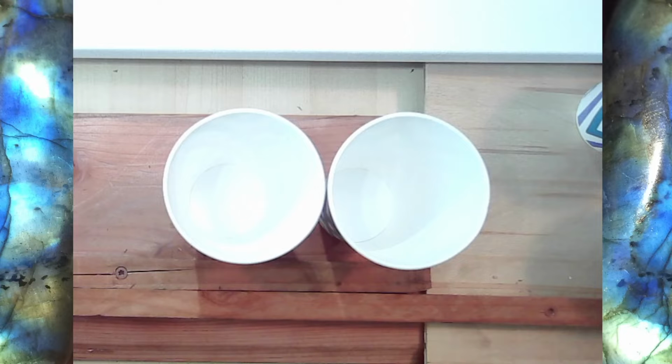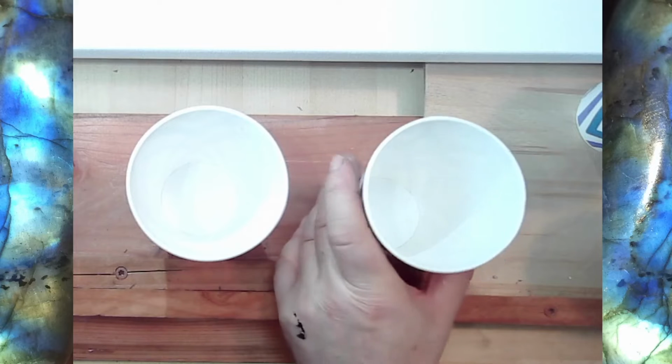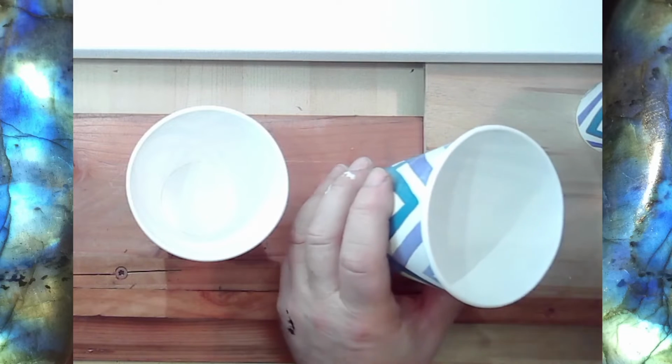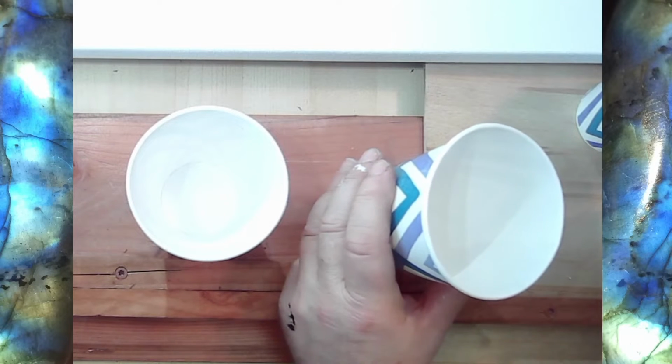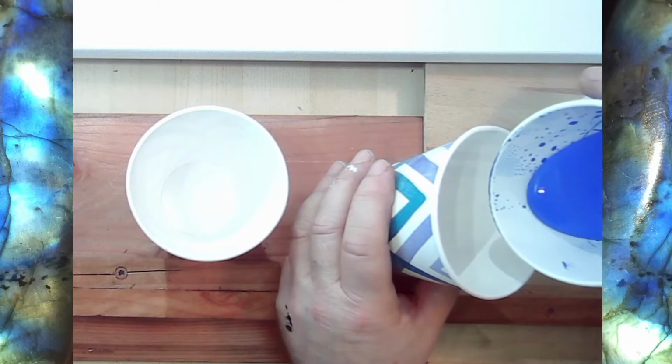I'm going to start with some blues. And my strategy is that I want them to overlap. I don't want to pour all the blue in of one color and then the next. I do want to make sure that there is a variety of colors in there. And I'm going to add a little bit of white and a little bit of silver in between some of these. So